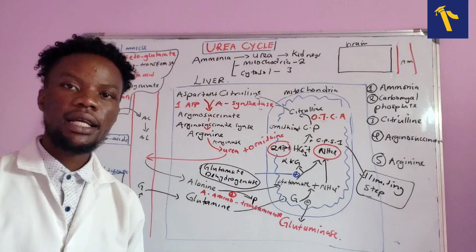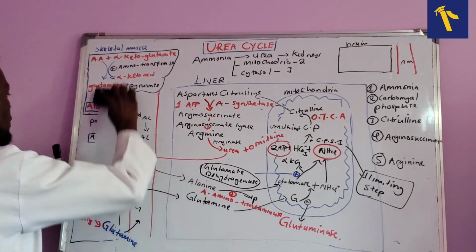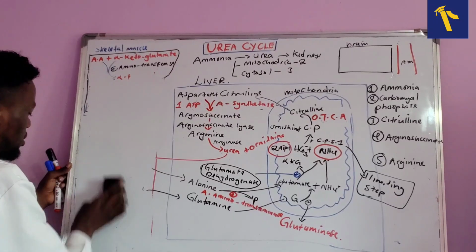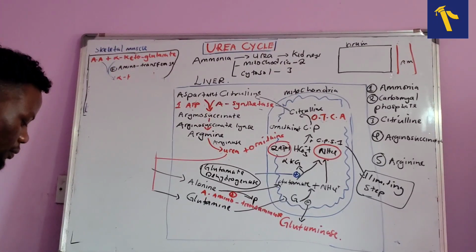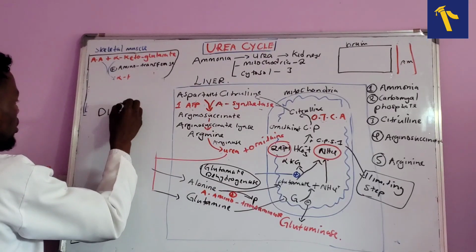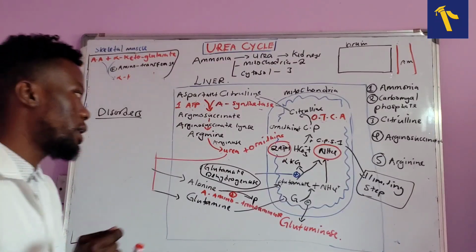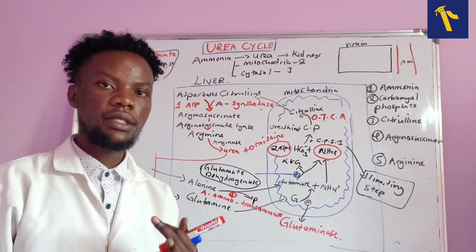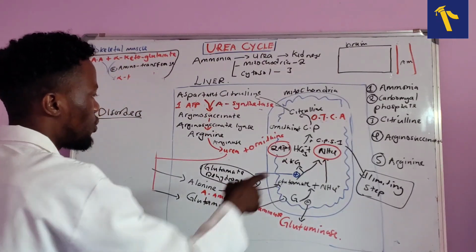Okay, but there are some various disorders that you need to understand. So let's talk about the disorders that you need to understand. And you're going to be examined on this. So the disorders that you need to understand are that we can have enzyme deficiencies. Okay, we can have enzyme deficiencies. So the first important enzyme deficiency is this one,